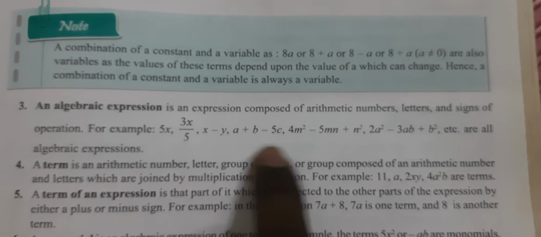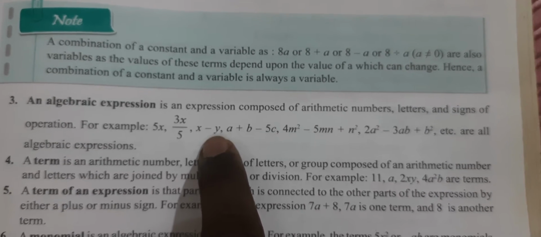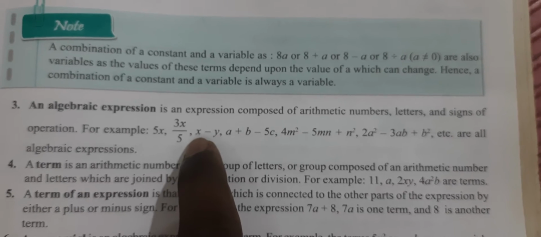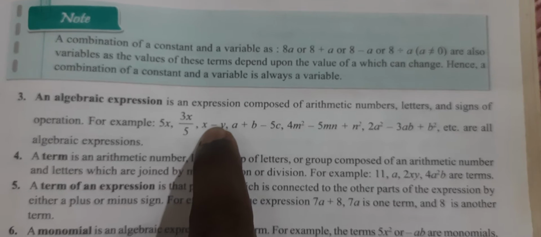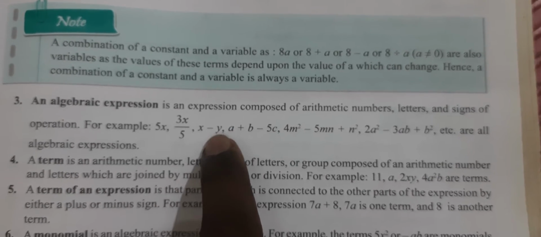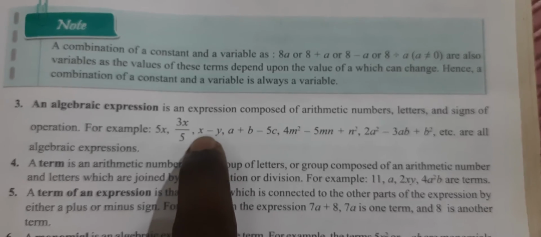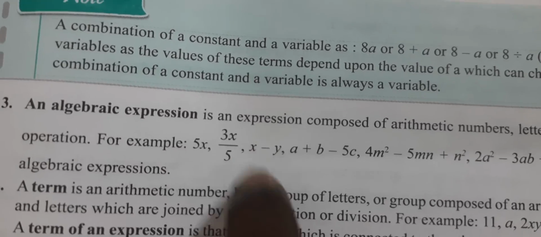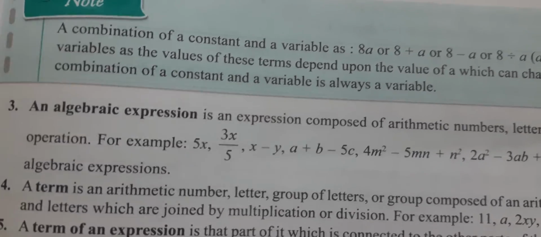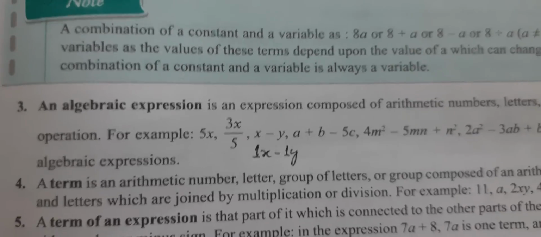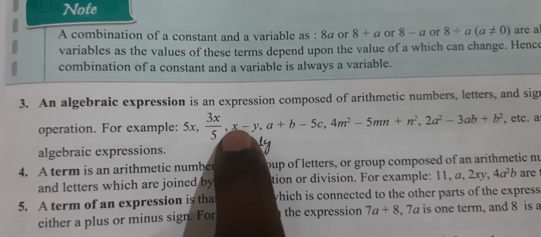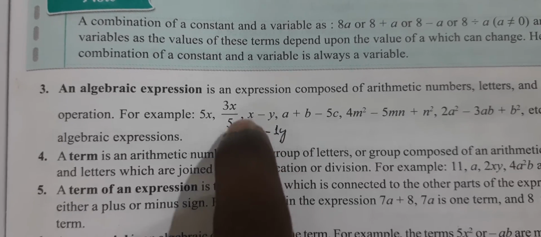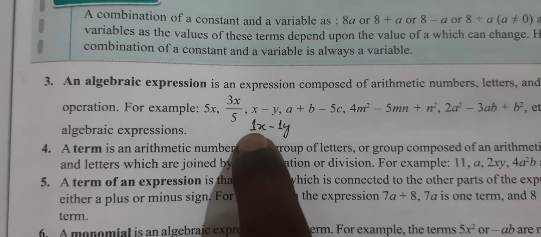So these and so many others that are given over here, x minus y, both are variables. X is a variable, y is a variable. a plus b. So in these expressions you can see there are the same signs, there are variables, there is also constant. By the way, in x, there's no number written, right? If there is no number written, it is 1. Therefore, the constant in front of x is 1. So this x minus y can also be written as 1x minus 1y. No constant number is written in front of the variable, means 1 is always there.